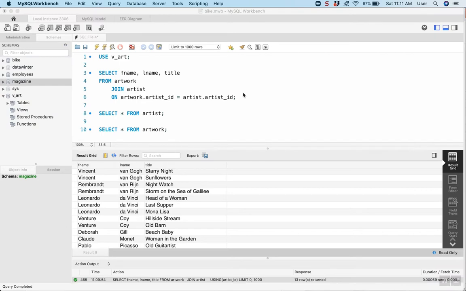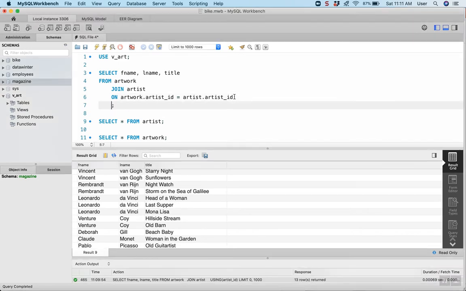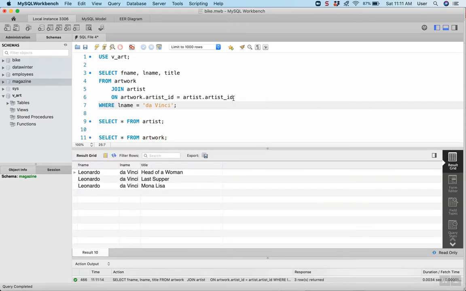And let's go ahead and add a filter here. We're going to say where the last name is equal to Da Vinci. We'll just get Da Vinci's on there. Even if we only see the title and we take off the first and last name here from the select statement,